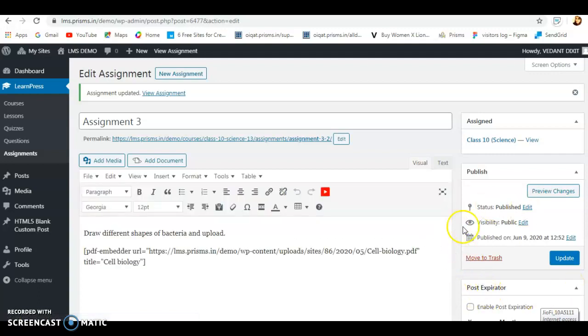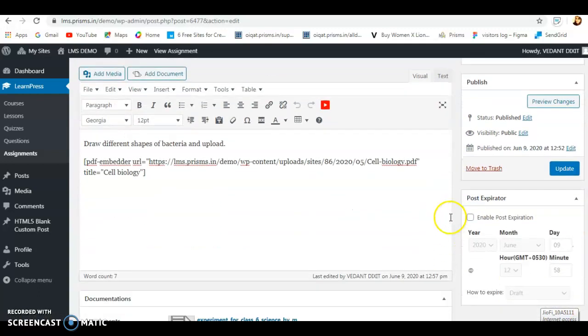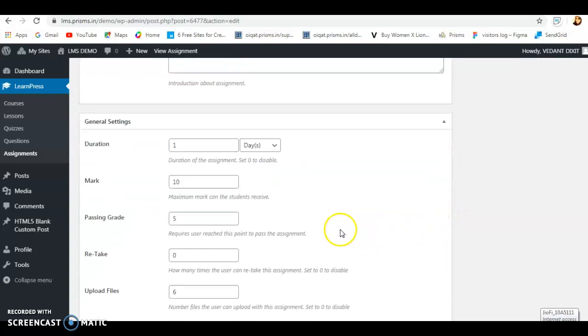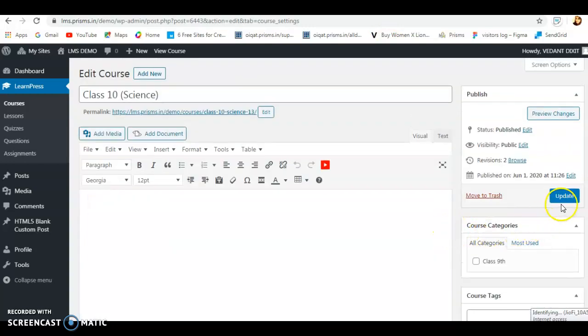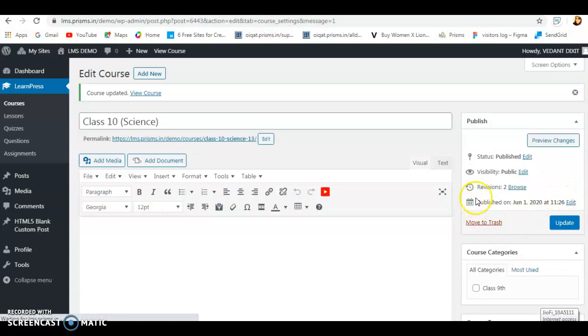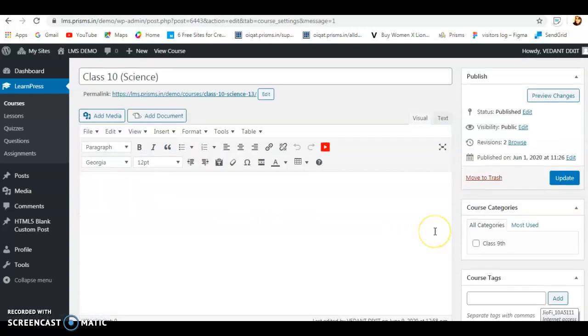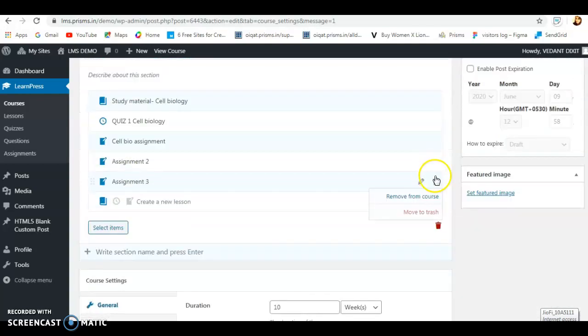Now I've updated in an existing published and mapped course. That means it's going to be visible to the students. One more thing to remember, that whenever you have created an assignment within that course, the course has to be published first. If you are able to see the publish tab over here, that means the course is not published yet, it's a draft. When you see an update tab, that means the course is published. I'll update it once more, and the course has to be mapped to that particular class for the assignment to be visible to that particular class.